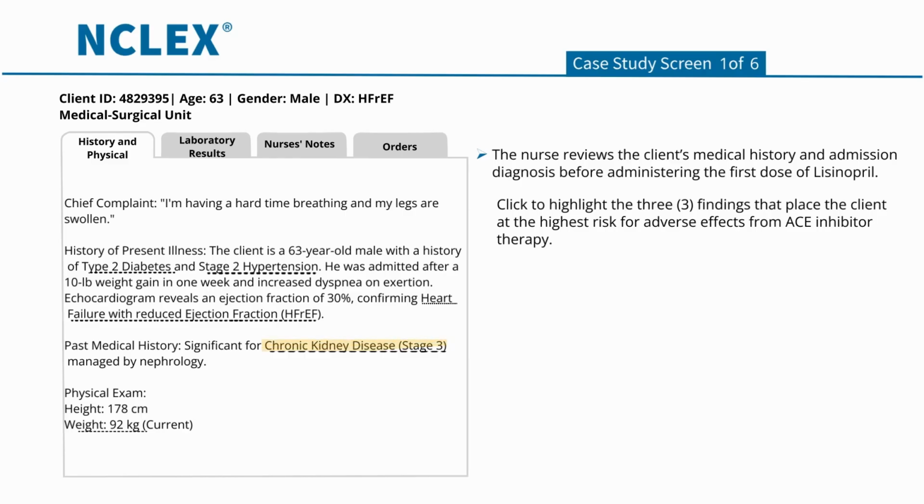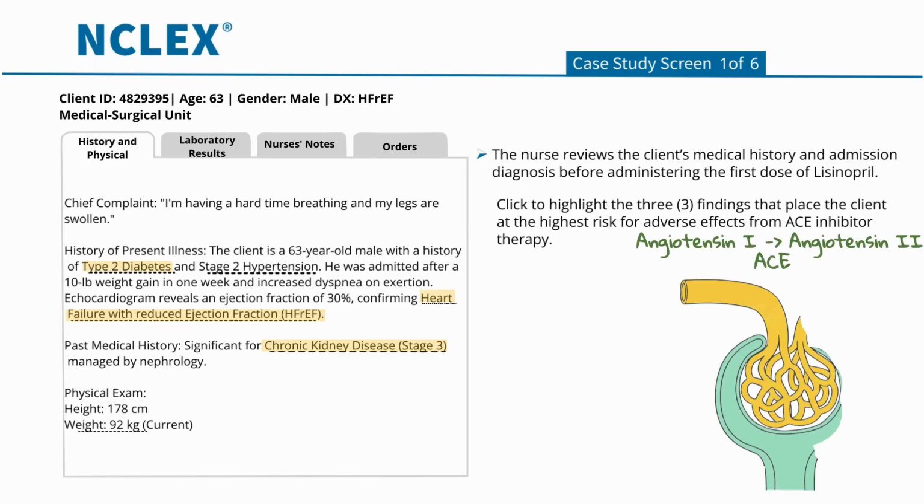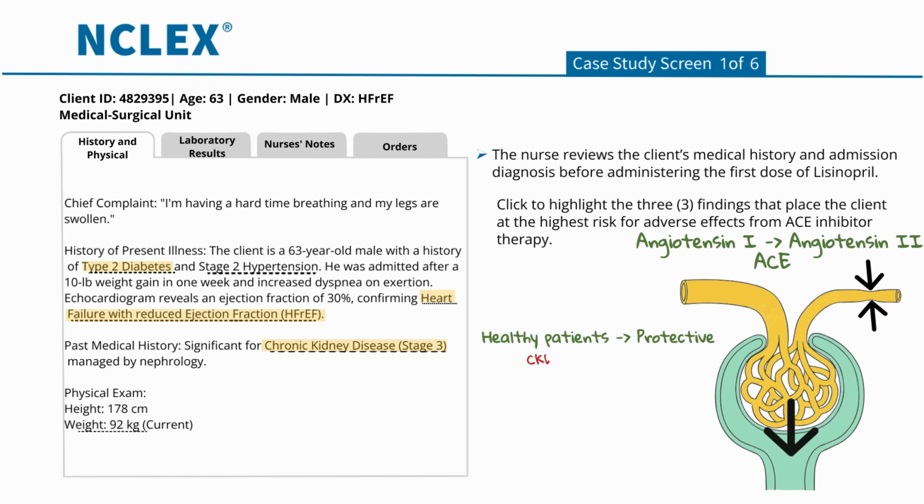The correct highlights are chronic kidney disease, heart failure, and type 2 diabetes. ACE inhibitors block angiotensin II, the hormone responsible for constricting the efferent arteriole to maintain glomerular filtration pressure. In a healthy patient, this is protective. In a client with stage 3 CKD, heart failure, and diabetes, it creates a perfect storm for acute renal insufficiency